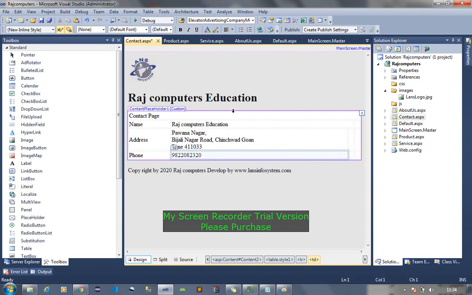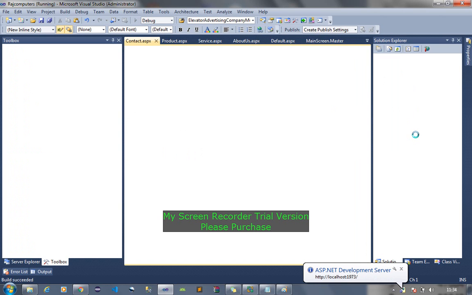Now one basic problem is that if I run this entire site, it will show only the first page to me, and that is the default page. .NET either runs a startup page as a default page or the page which is currently selected.